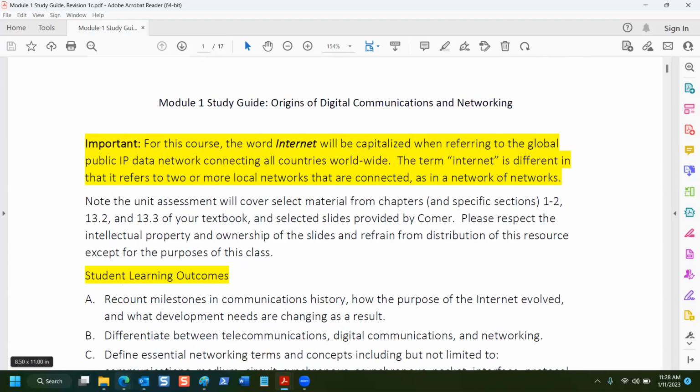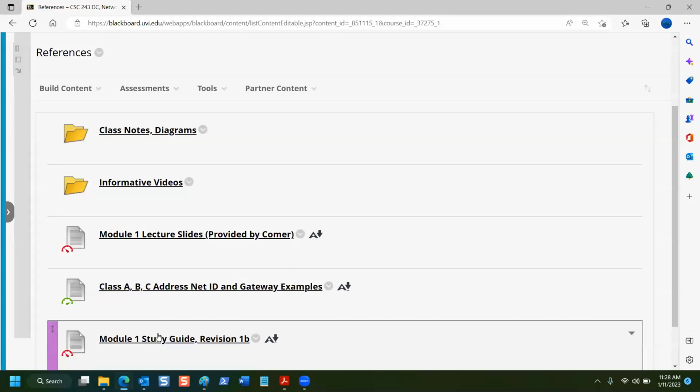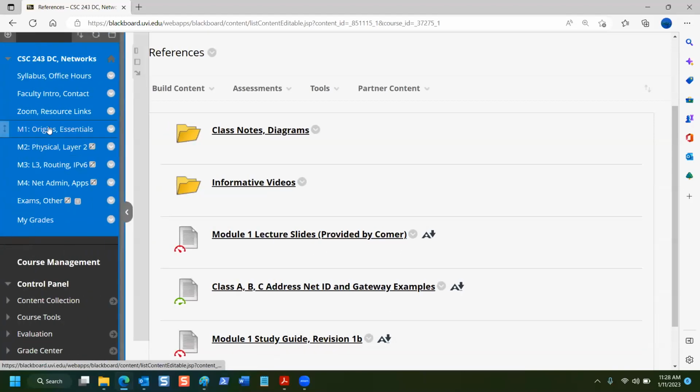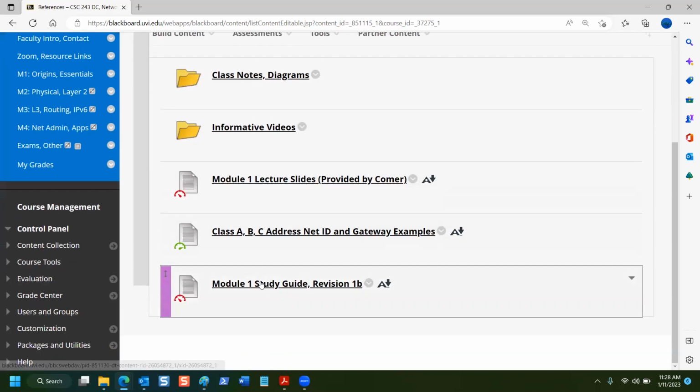Why am I telling you this? When you get to the point of the module where it's time for you to take the assessment, you want to make sure that you're using the latest version of the study guide, because it's not uncommon for minor revisions. It's more rare for major revisions in the content to happen while we're still in that module. So what may happen, I'll usually give people a heads up. I'll send an email. I'll say, hey, there's a new version of the study guide.